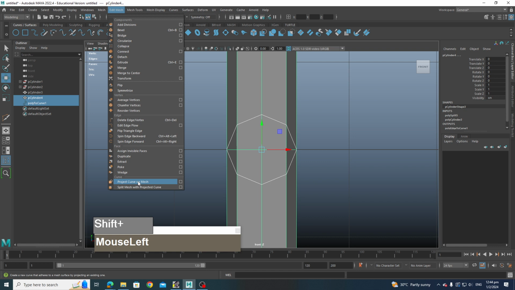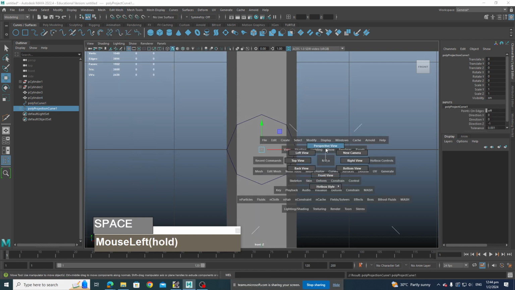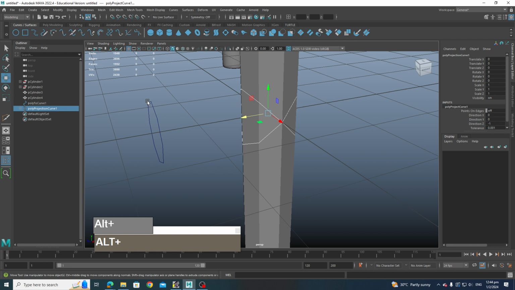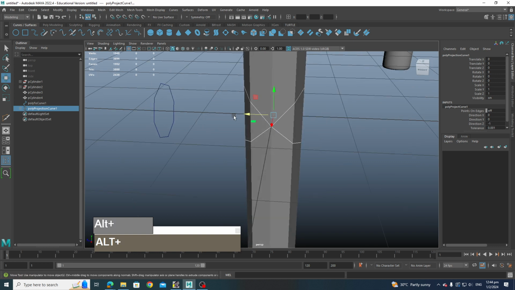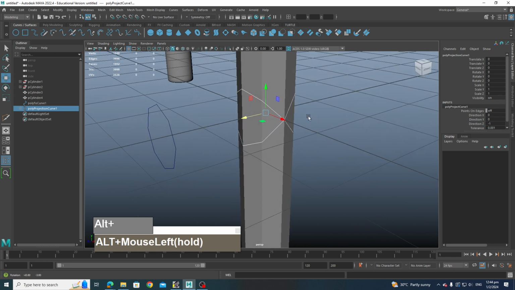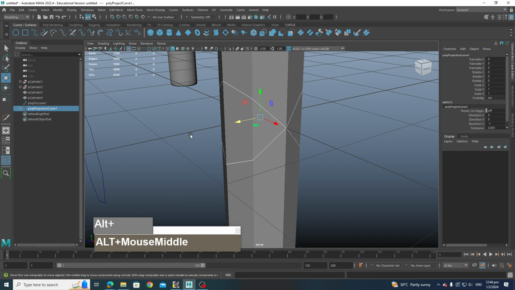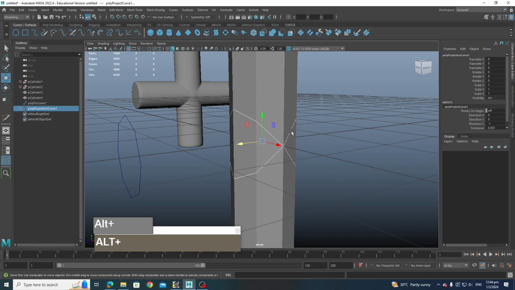So when you do that, when you click on this option, then we go to perspective and you can see that the curve is being projected through the cylinder. Alright, that means I have a new curve that is now sitting on the cylinder. Right, let me undo that to leave it there. Okay, so